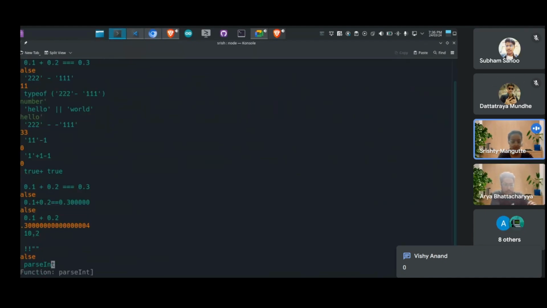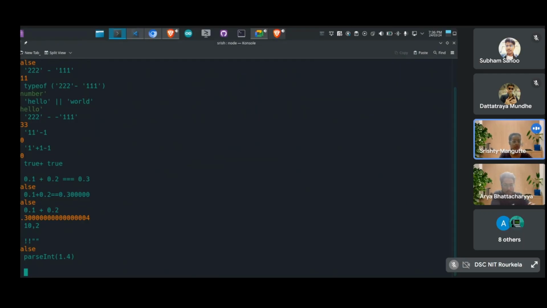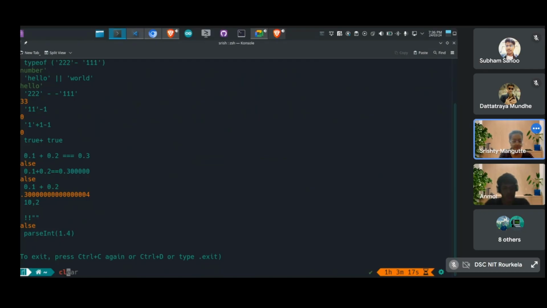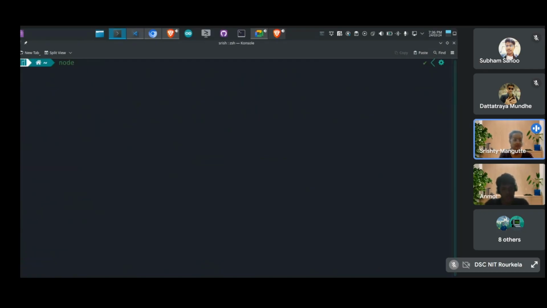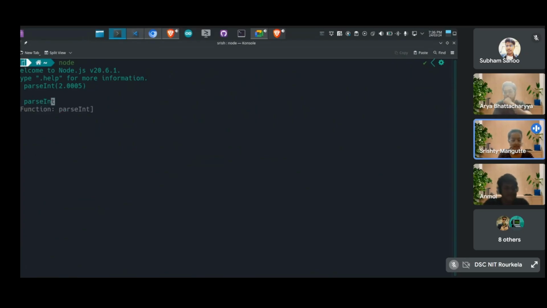Let us see, if I put 1.4, then percent of 1.4 is 1. Let me clear this. Now percent of 2.0005 is also 2, but percent of something like 0.0005 is actually giving us 5 and not 0.